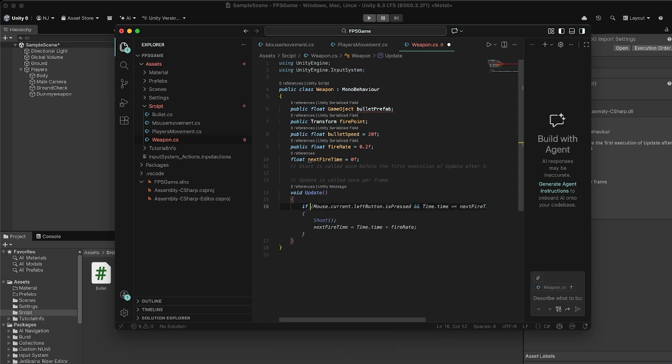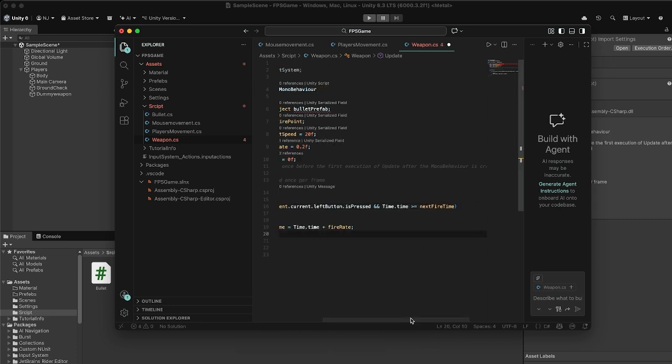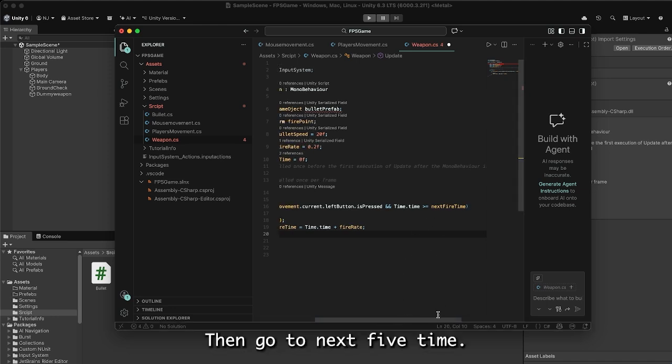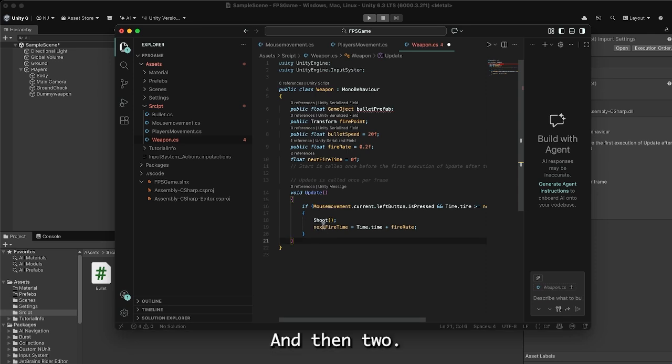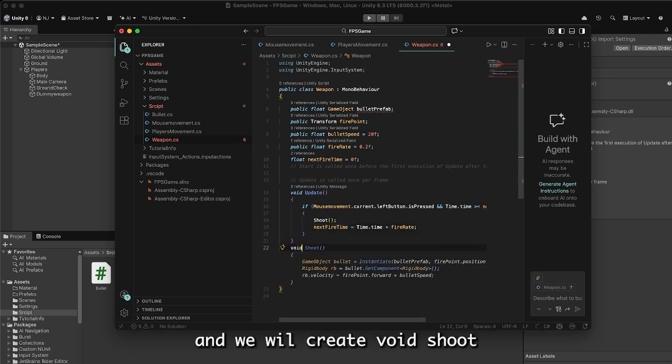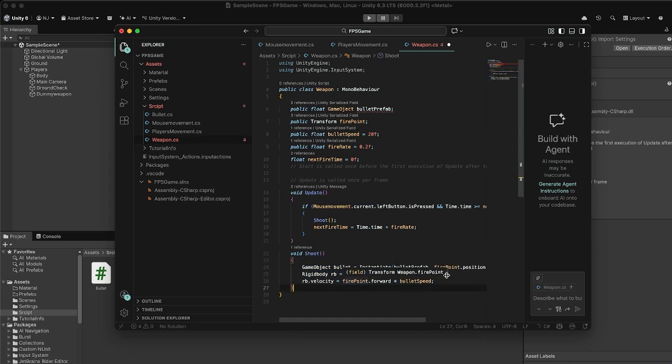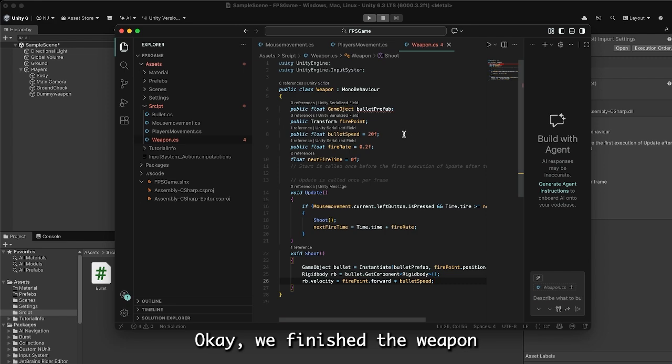If mouse current, the button is pressed and time is over or equal to next fire time, and then shoot, and we will create void Shoot like here. Okay, we finish the weapon script